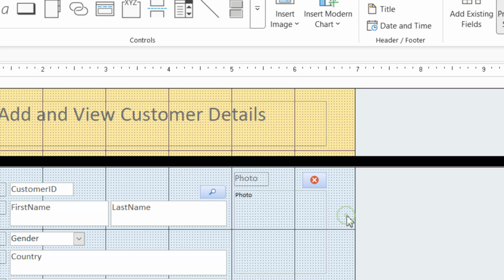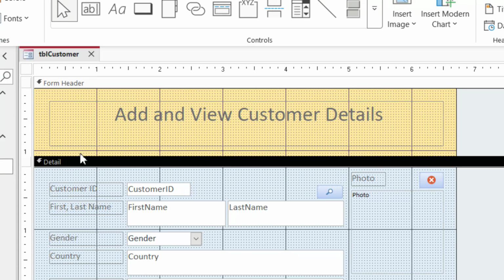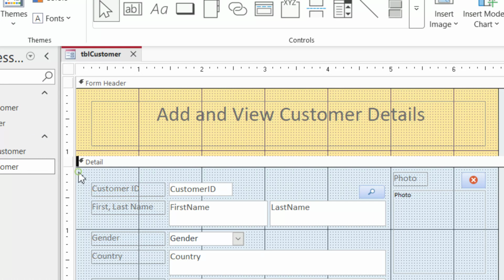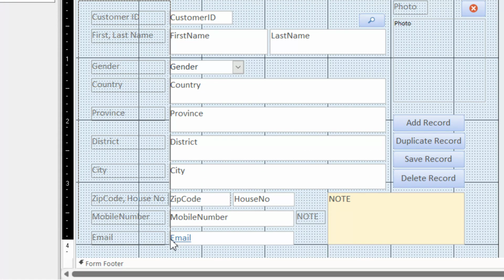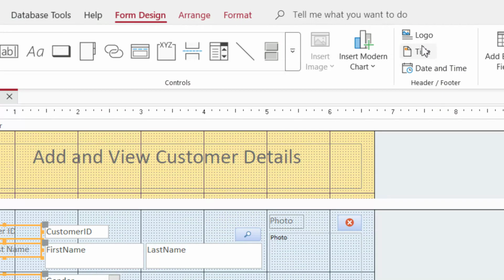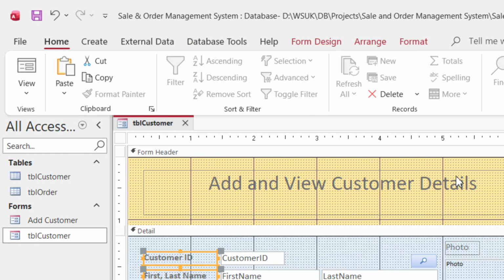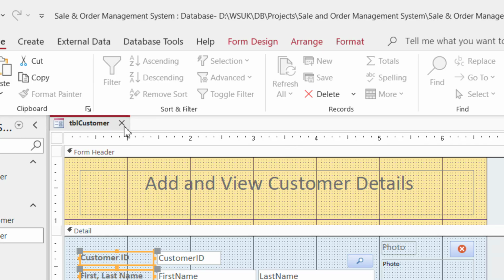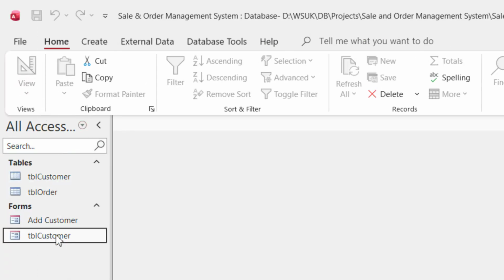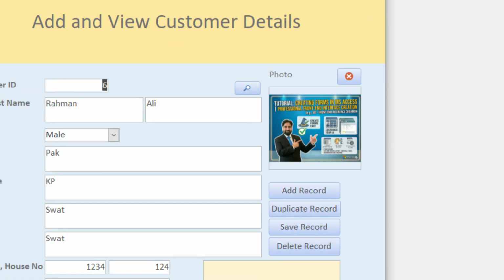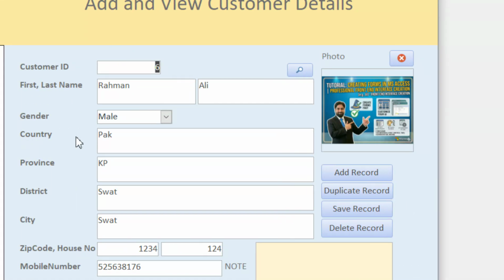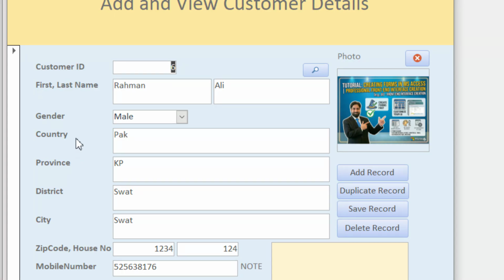And also you can do other changes. This extra space should be reduced, and you can make all these headings of the labels, these texts, bold. Okay, so all these changes could be done. Save it, close it, and check this form again, and now you can see that this form is professionally looking, and